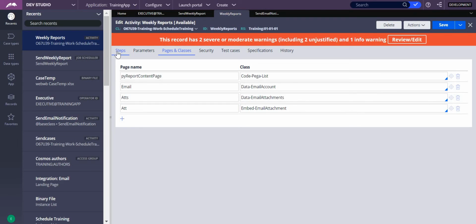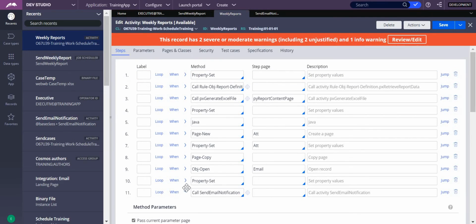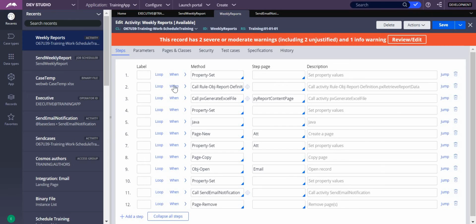Okay, and then let's go to the steps. So yeah, the first step. We have almost 12 steps here. Okay, so 12 steps, where the 6th step is to create a new page, and the 12th step is to delete that particular page. Whatever page I created, I'm just removing it after completion of my